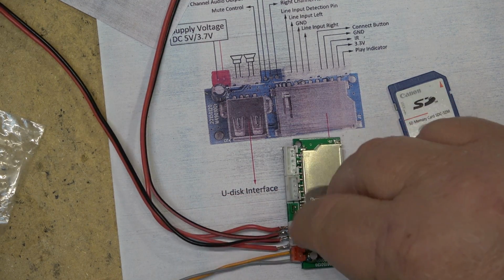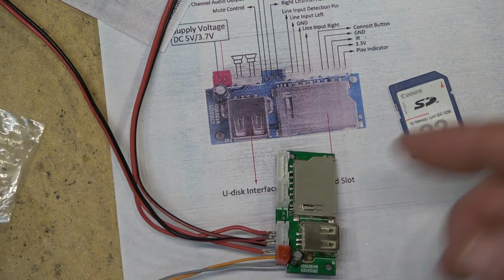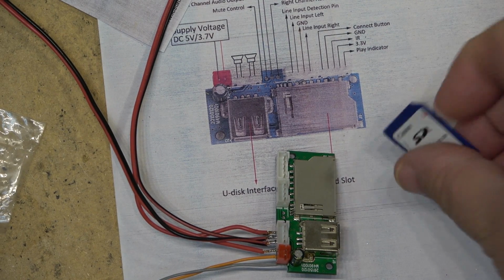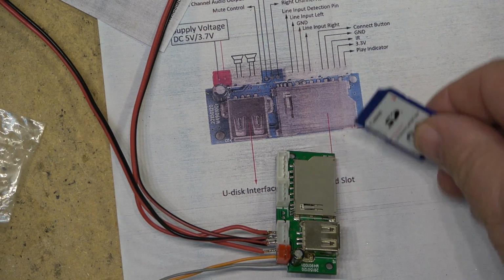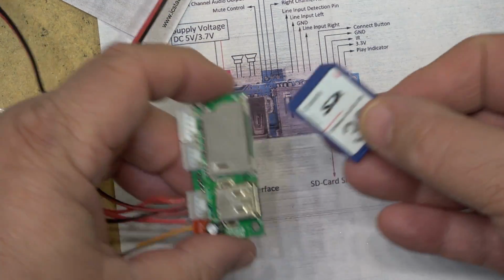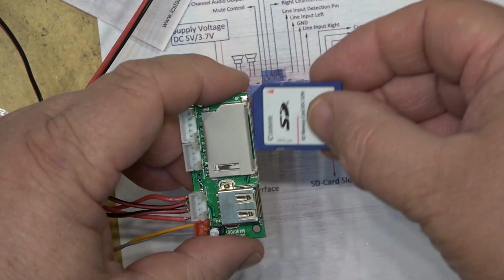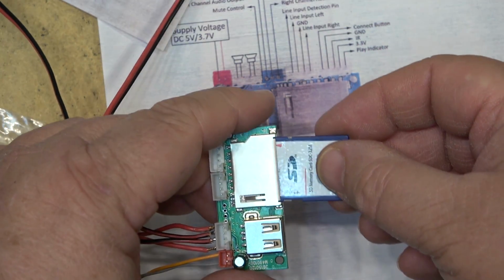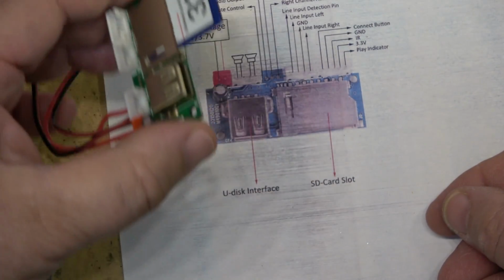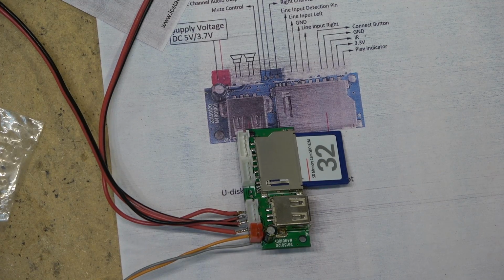It also, this is the speaker output, but it also has line outputs down here, which could interface into your system. It's something very, very basic, where if you just want to have music playing or announcements playing, etc., something like this, $5, 5-volt supply. You could hook it directly to a speaker or hook it into a PA system, and you just take your announcement or your background music, you plug it in, and there we go. It plays. And it's going to play the sequence over and over,